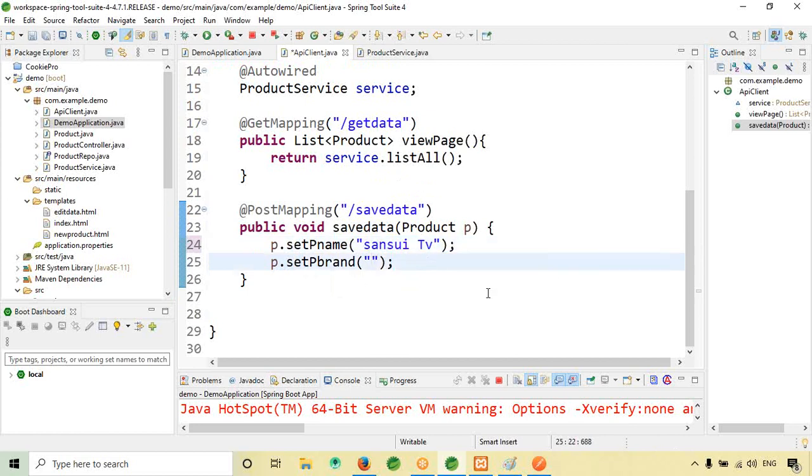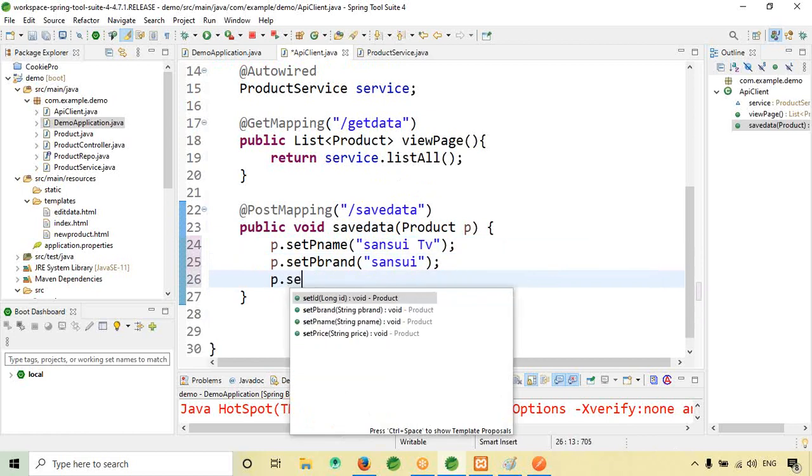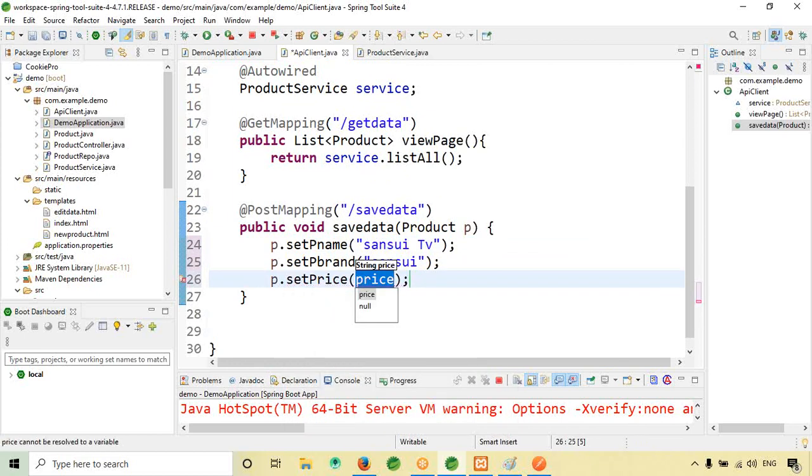Brand is Sansui. P dot set price, 35,000. Okay, I need to pass it as a string actually.